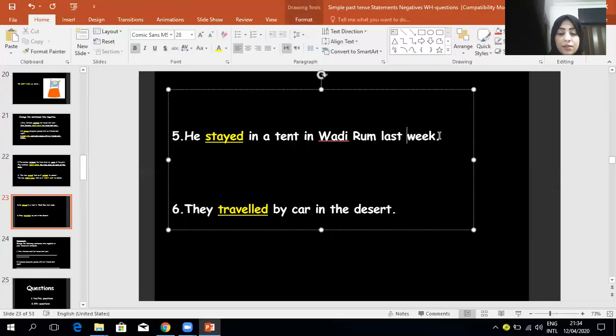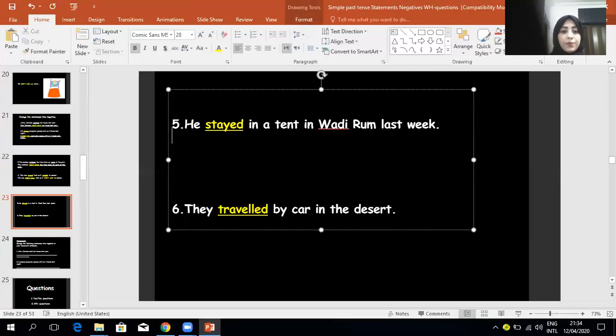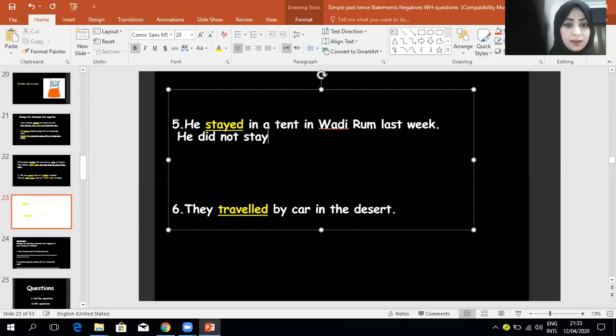I want to do this sentence with all of you. He stayed in a tent in Wadi Rum last week. I will rewrite the subject, he. I want from all of you to change it into negative with me. Negative means did not plus the base form of the verb. He did not. Stayed, no, it's wrong. I want to change stayed into base form of the verb, so stay. He did not stay in a tent